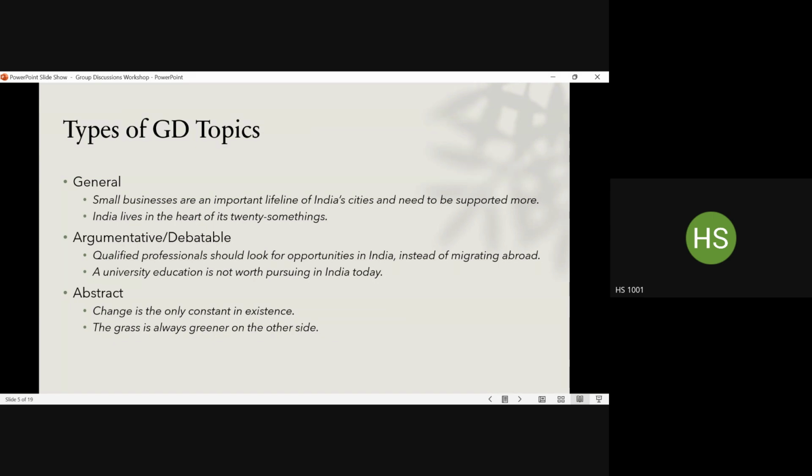What kind of change are we talking about? The topic does not mention that. When it says something like existence, what kind of existence are we talking about? Are we talking about our workplace existence? Are we talking about our familial existence? Are we talking about existence in an existential sense, as existing as a human being? We don't actually know. We can interpret this idea in any context as we see fit, but we should be able to justify or provide our take on the idea in that specific context.